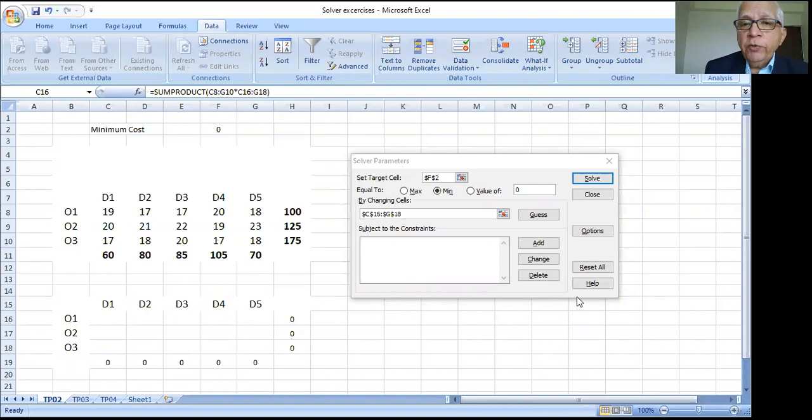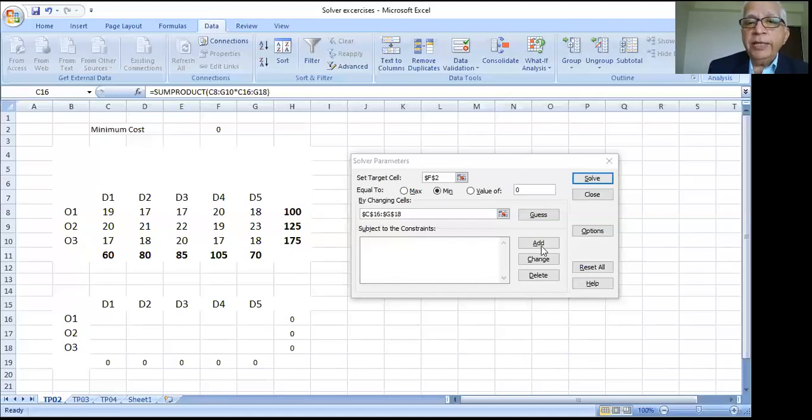Okay. Now we want to add conditions. What are the conditions? I'll first specify the conditions. The conditions are that these row totals, where the allocations will be shown, will be equal to, as per the original problem, 100, 125, 175. These will be the row totals, and column totals will be 60, 80, 85, 105, 70. So these are the conditions. Okay.